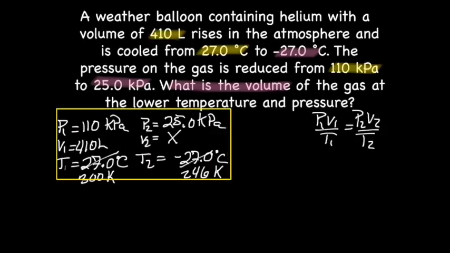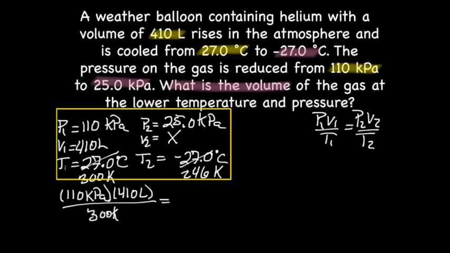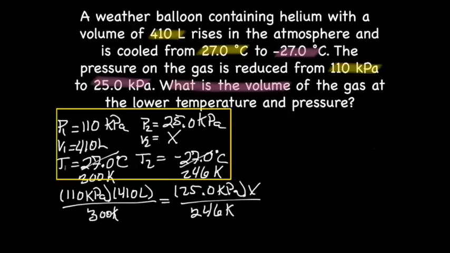All right, so now let's block this stuff off. Now let's go ahead and plug this into our P1V1 over T1 equals P2V2 over T2. So we're going to have P1 times V1 over T1 equals P2 times V2 divided by T2. All right, and from here, I'm going to go ahead and make us a little space here. I'm going to get rid of that. The next thing we can do is cross multiply, giving us